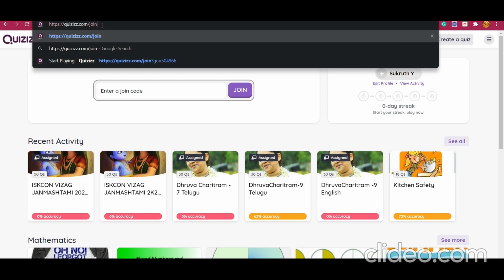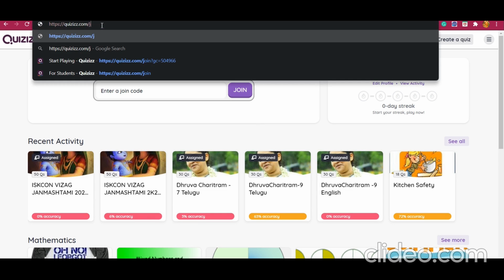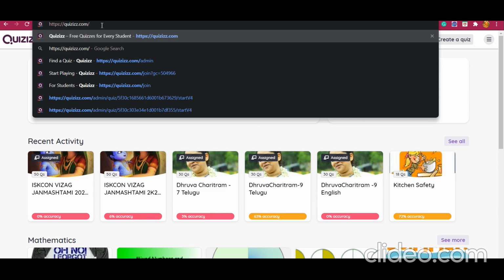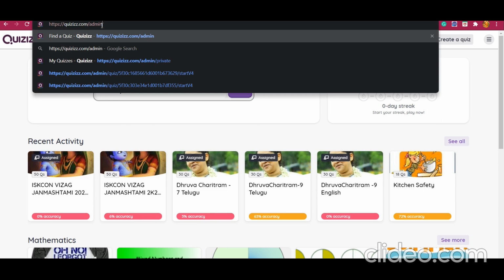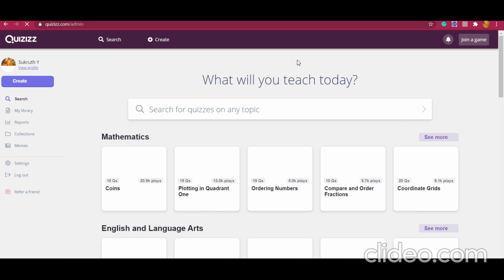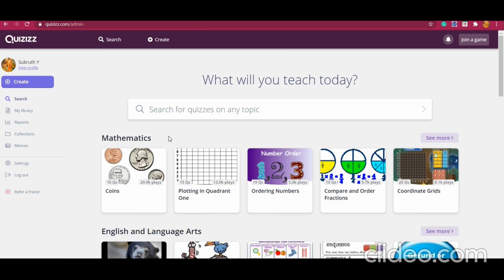Now what I am doing is removing the join hash and writing admin here, and then again clicking enter. Now it will redirect you to the admin page, and now you can actually create your own quiz.